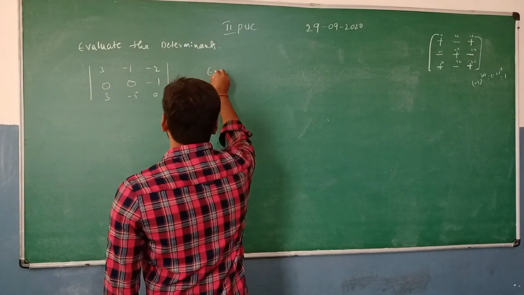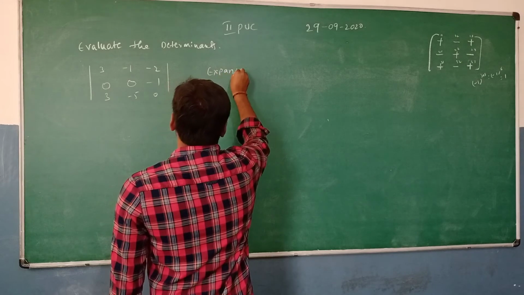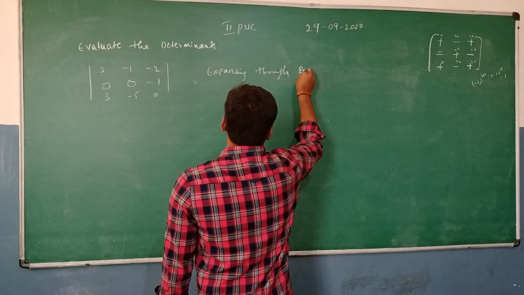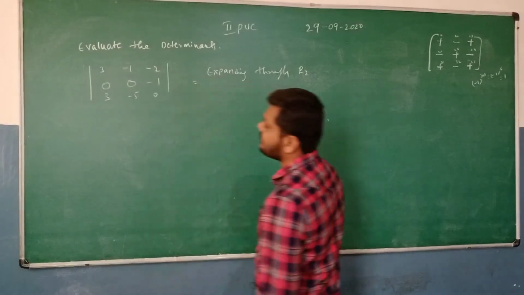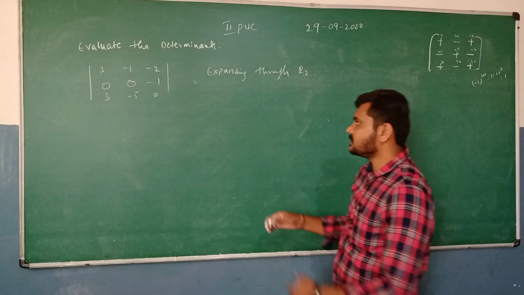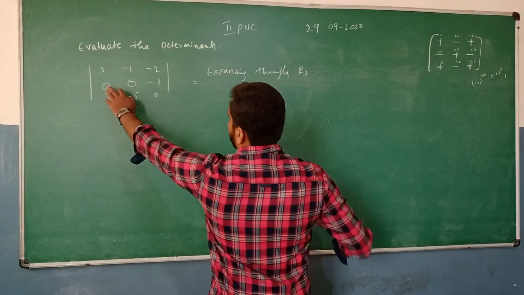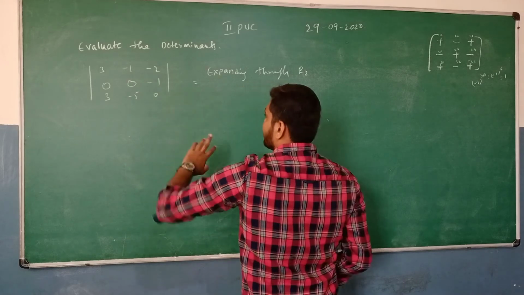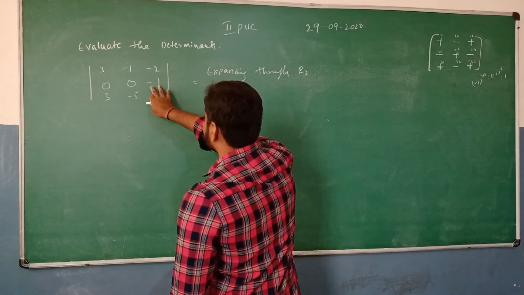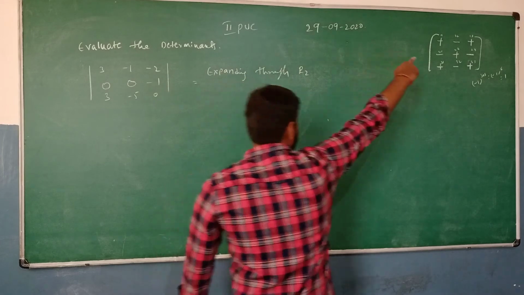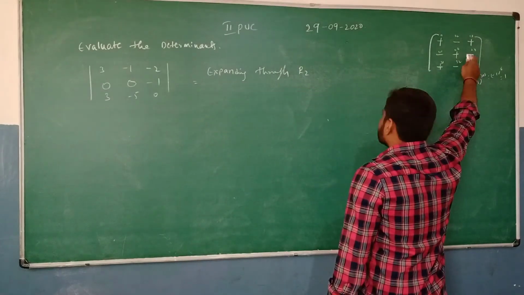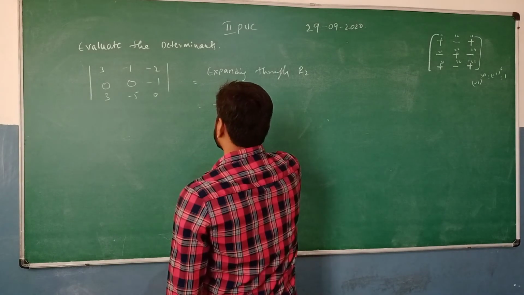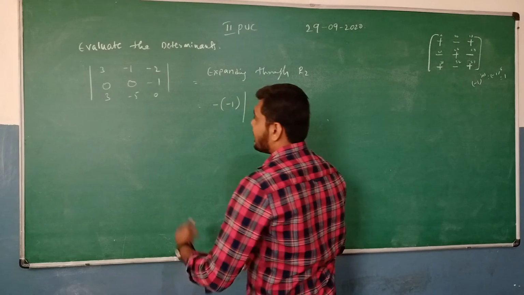You can write it if you like, but it is not necessary. Expanding through row R2, because row 2 contains the maximum number of zeros. So that's 0, 0, -1, and we expand directly with -1 and the corresponding elements. Here a negative sign comes, then a positive sign, so pay attention. This entry comes with the negative sign, so I write the minus sign. Minus into minus 1, and we neglect the corresponding row and the corresponding column.